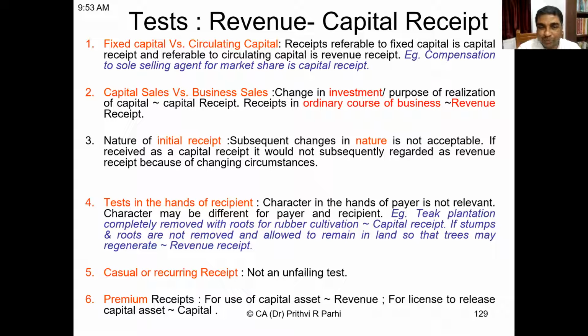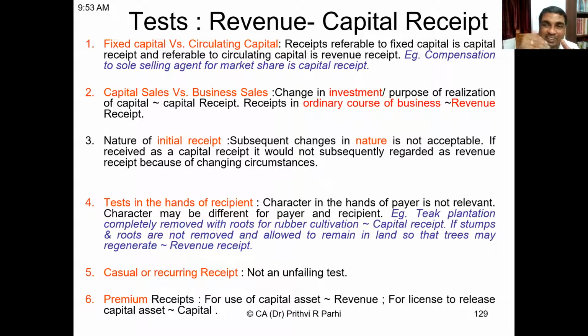Now, this matter went to a court of law: when the roots are removed and money is received, is it a capital receipt or a revenue receipt? The court said that it is a capital receipt because the roots are completely removed. That means the source is completely sacrificed. If the stumps and the roots were not removed and are allowed to remain in the land so that trees may regenerate, let us say that is the practice, that the tree is cut in such a way that stumps and roots remain so that a new tree can be generated from the same root,